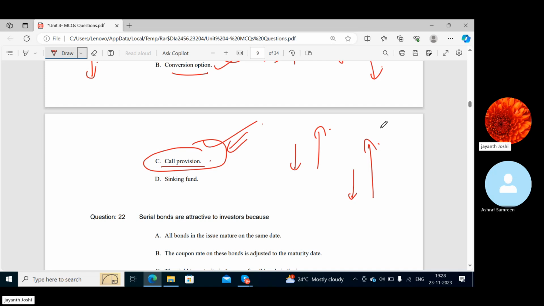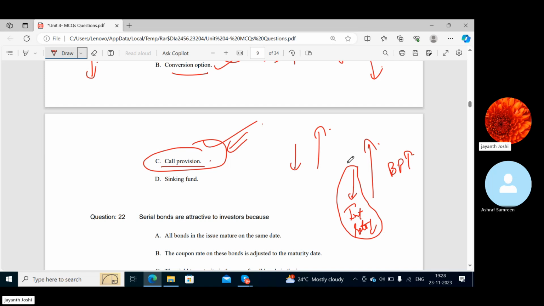So the issuer may take advantage of a decline in interest rates. When interest rates decrease, that will automatically increase the bond price. The call provision will be on the side of the issuer, because they can buy back the bond at lower prices, which the investors do not want, actually. In this case, the investors are not ready to accept the lower rates. Are you understanding? Yes, sir.